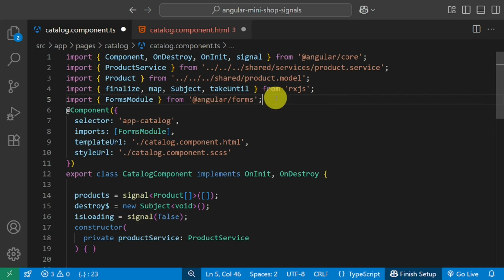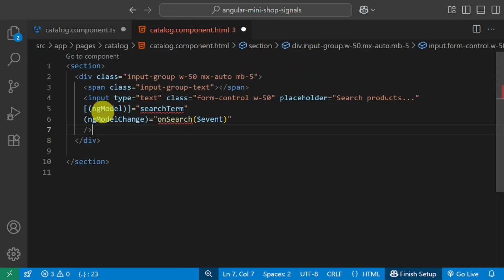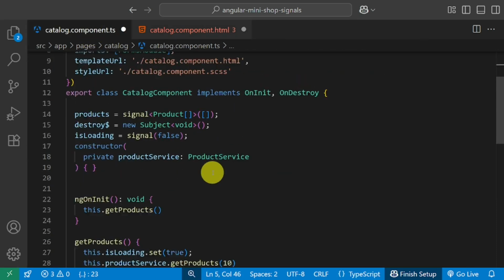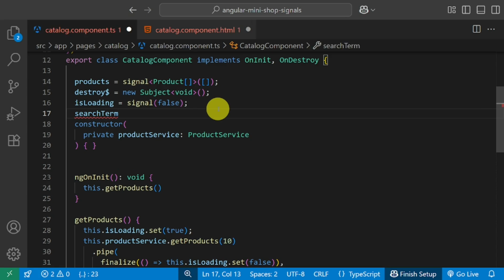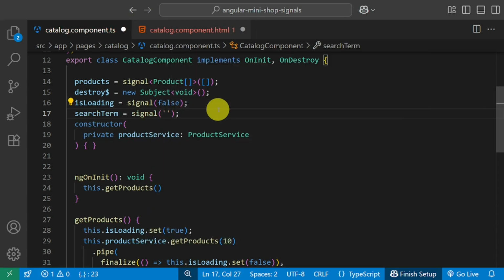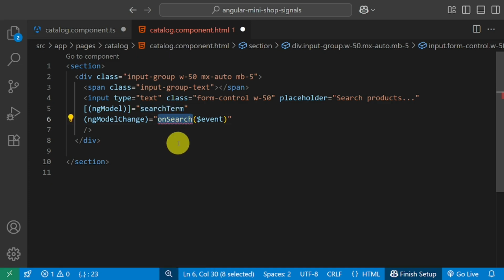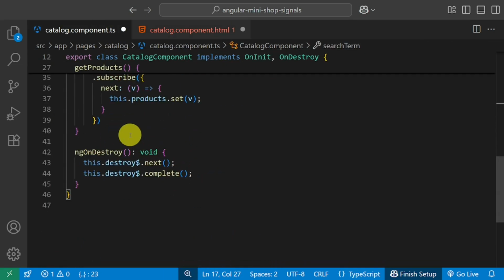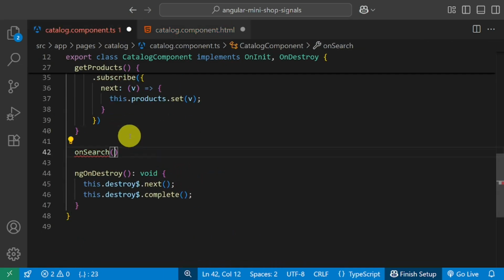Yes, as you can see, there is no error here. Now I define a variable, the signal searchTerm. Great. And now I implement the onSearch method.